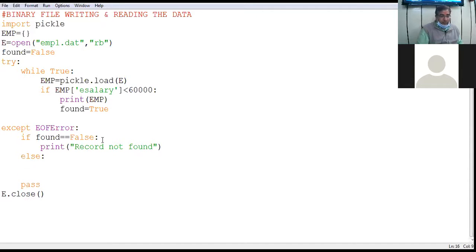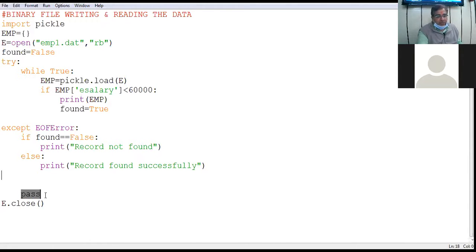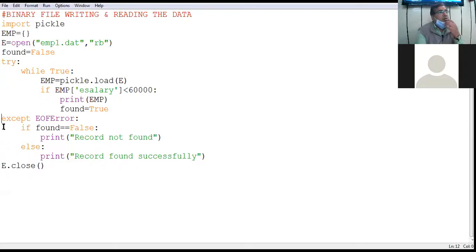Else we say, record found successfully. Am I clear? Am I clear with the code? Any doubt, any queries?